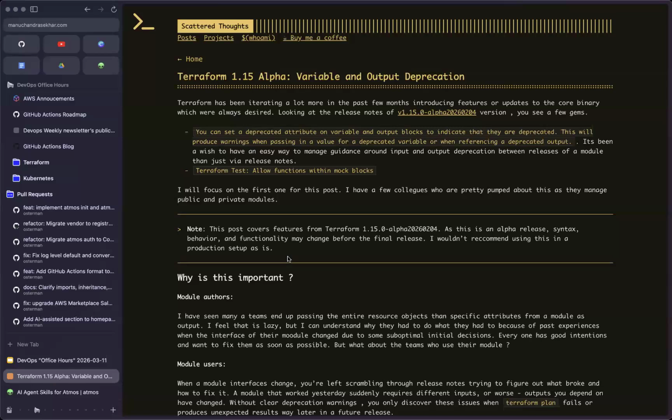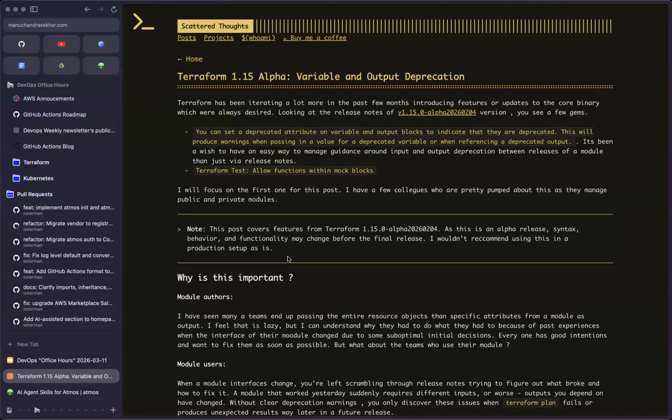So HashiCorp BSL Terraform has some things coming out. One is the ability to formally document or communicate that your variables or outputs are going to be deprecated. Basically, the variables in your Terraform modules or root modules and the outputs are a contract that says, this is how you use me, and these are the inputs that I need to operate.